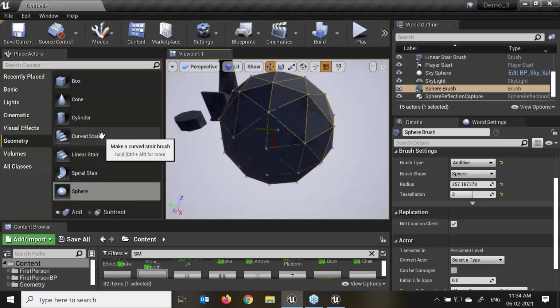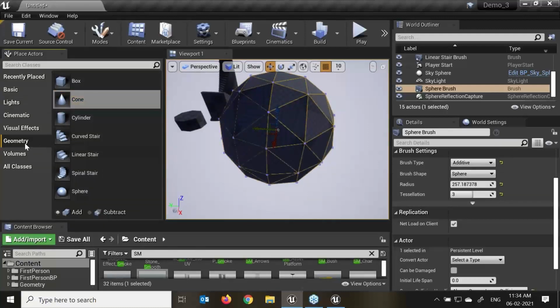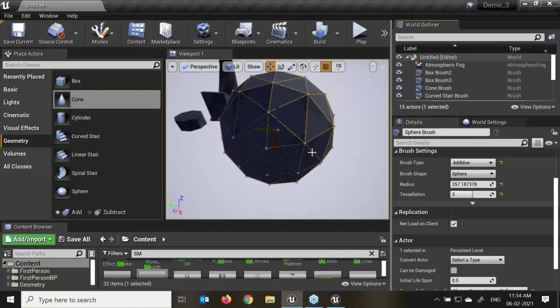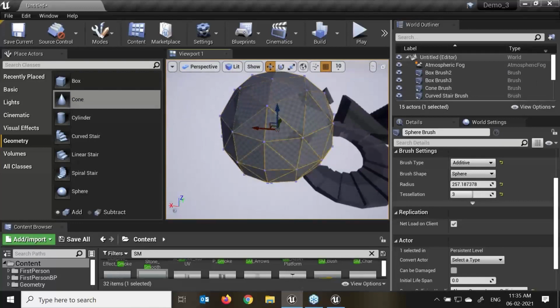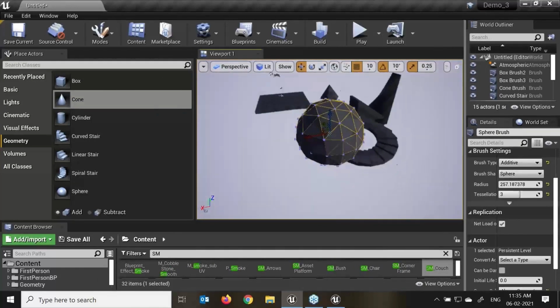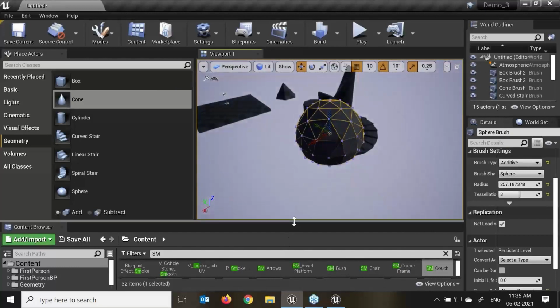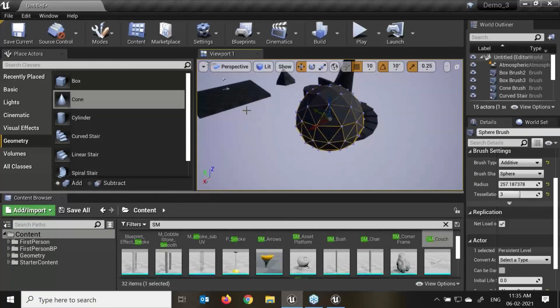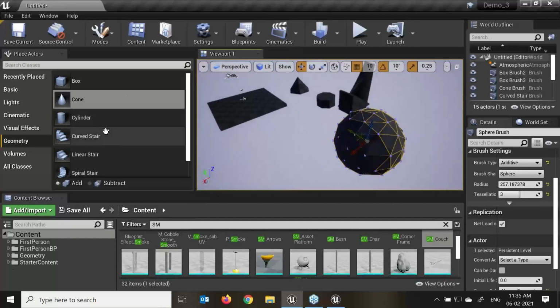If you see over here, these are the different geometry or brush types. Here we can see all the brush types we have. This is the benefit when we are doing a prototype of the game. Now we'll see something about the materials. I hope you understood about the static mesh and the geometry brush editor. Now we'll discuss something more about the brushes.